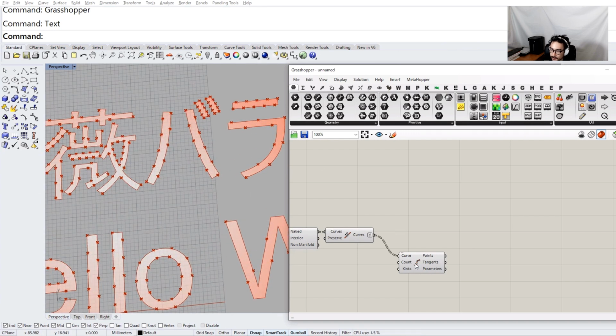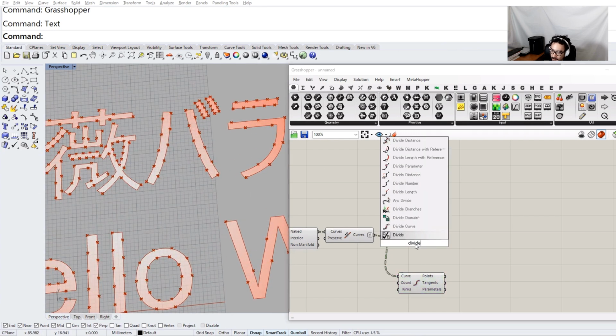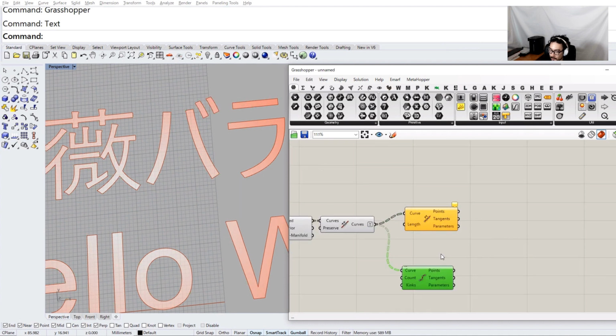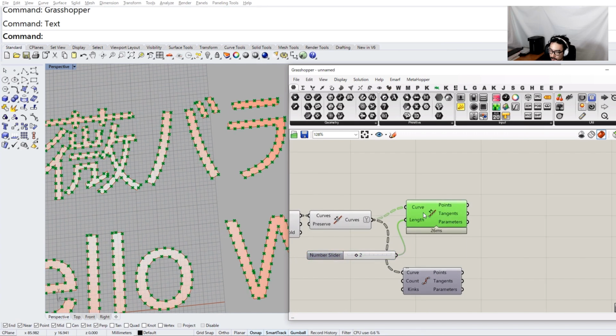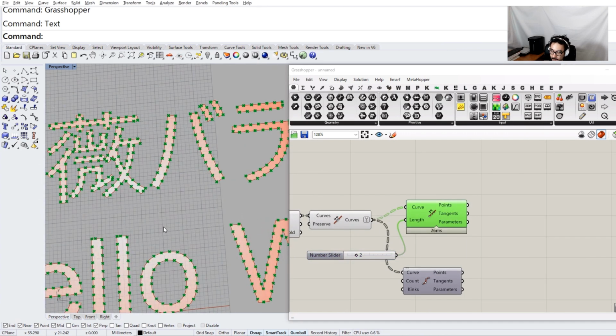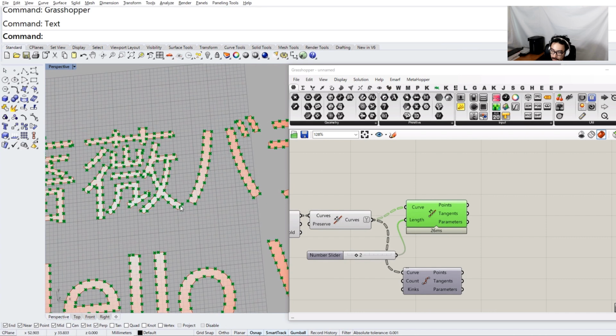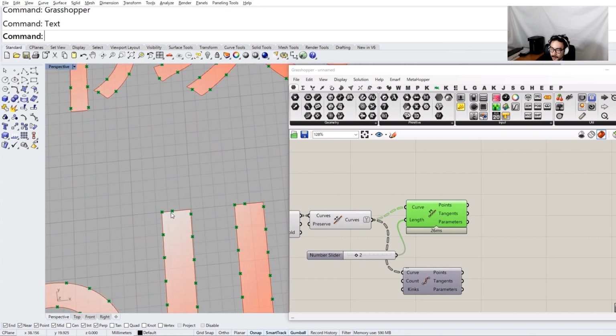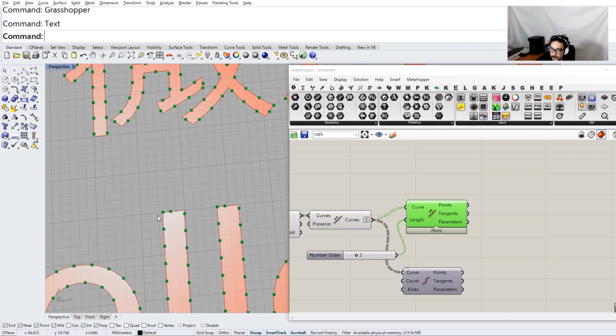So you might think it might be better to use divide lengths, but this has its own problem. If you use it, it's okay for most of the part, but as you can see here, close to the end point, you have distance that is sometimes too close, depending on the number of the